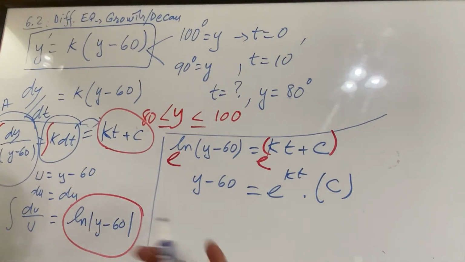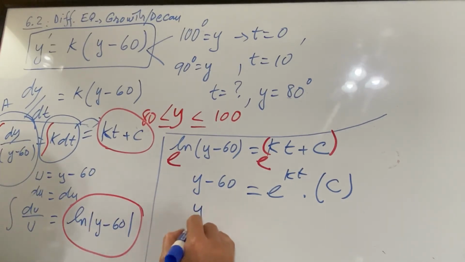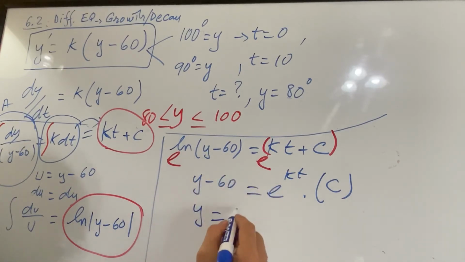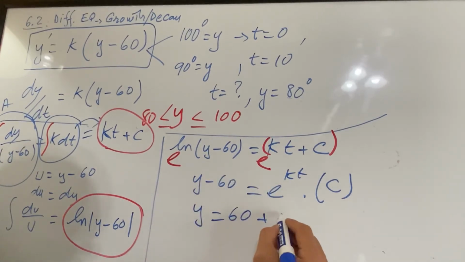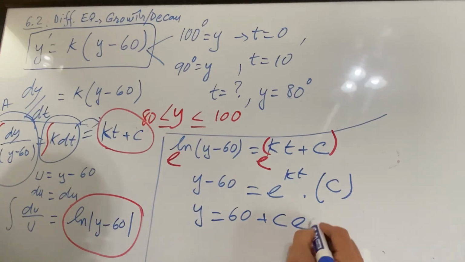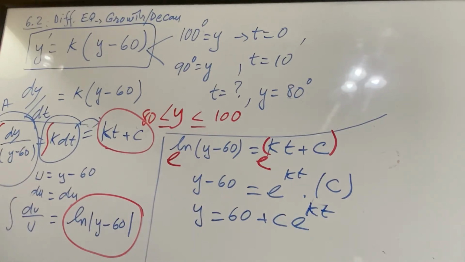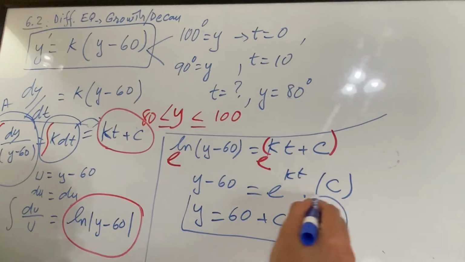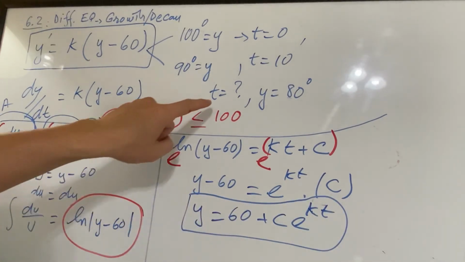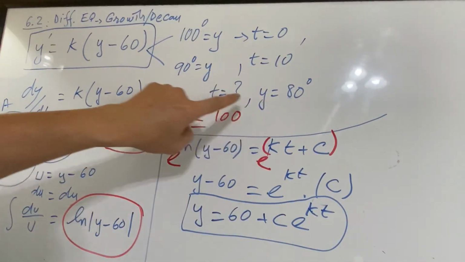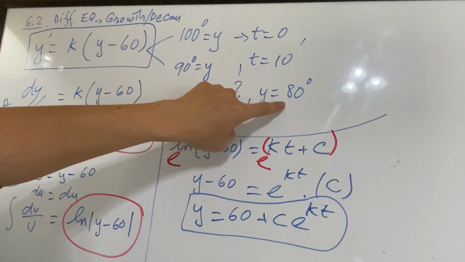So technically, you now have what? y equals, I bring 60 over, so that's 60 plus C e to the kt. Okay, my handwriting. There we go. Now, ladies and gentlemen, you have this and you're almost home. You are now looking for, what is t? When the